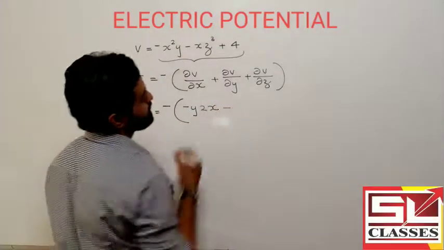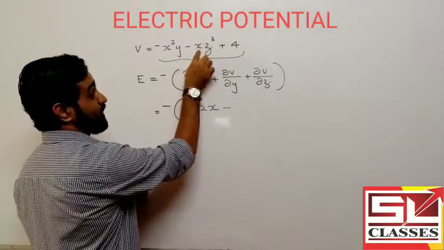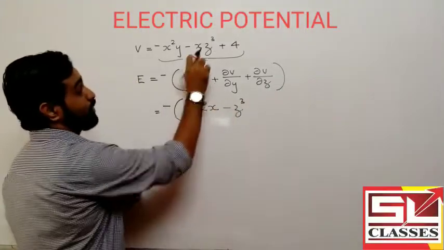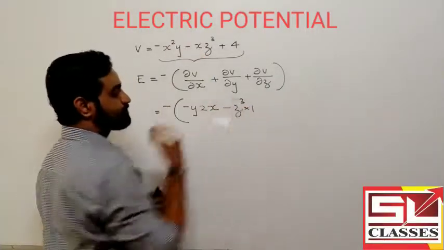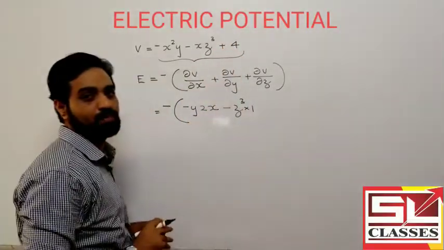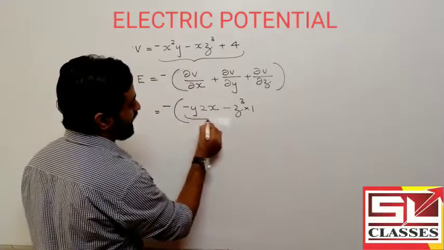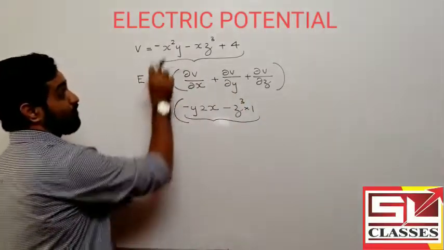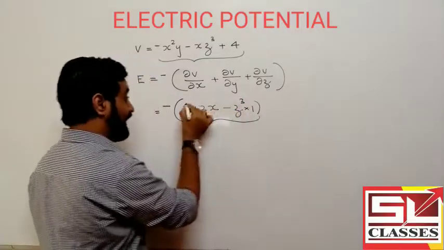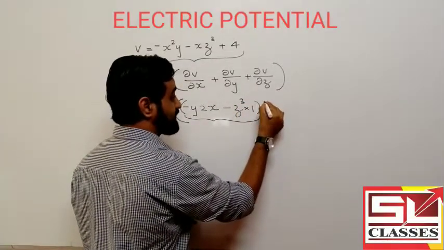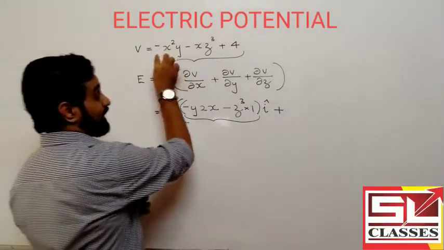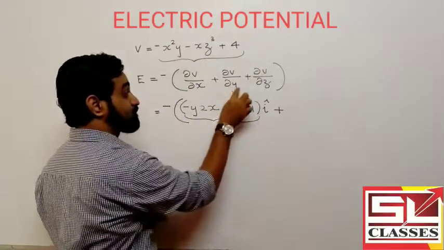Okay, minus in this term, again x is variable, z cube is constant, so z cube, that is the constant, into the derivative of x, that is 1. Okay, now only a constant term, its derivative will be 0. So we have done this. This is the derivative of voltage with respect to x, or this is done along the x-axis, and this is taken as i cap. Plus, now we have to do the derivative of the same function with respect to y.